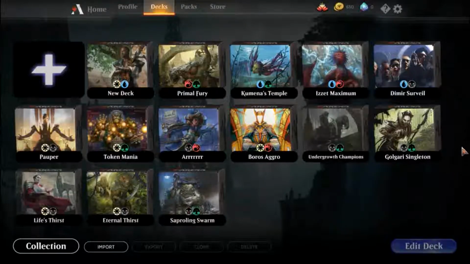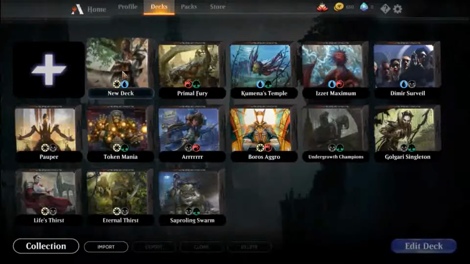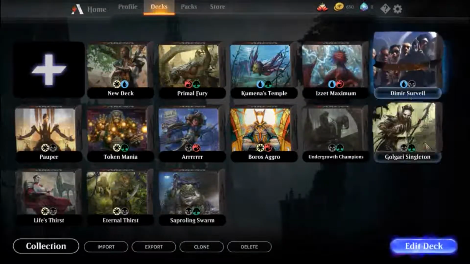Each of these colors brings its own distinct and unique taste to its playstyle. Each color can be combined with another for even better characteristics. And the deck begins